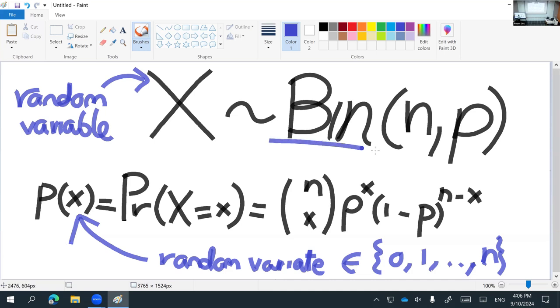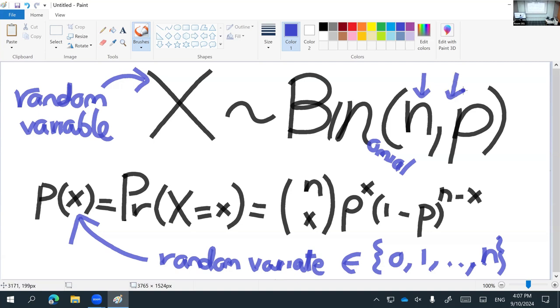This is the name short for binomial. Binomial. Why is it called binomial? Because it's constructed from two terms, 1 or 0. So they call it binomial. It's a binomial distribution with two parameters,